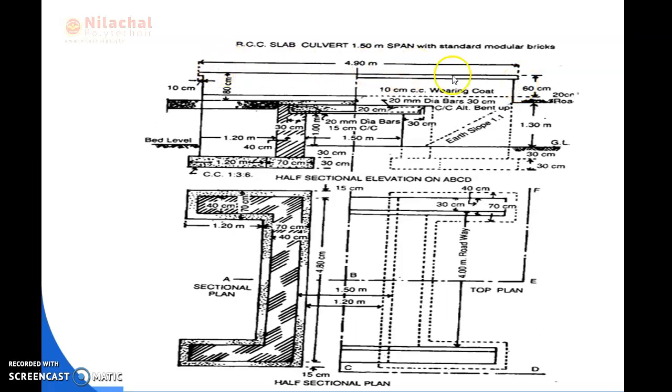The total length of the parapet with coping offset is 4.9 meter. After we deduct the offset distance of coping, the parapet wall length is 4.7 meter. That is 4.9 minus 10 centimeter minus 10 centimeter. Here the total distance is 4.7, the parapet wall length. Okay.